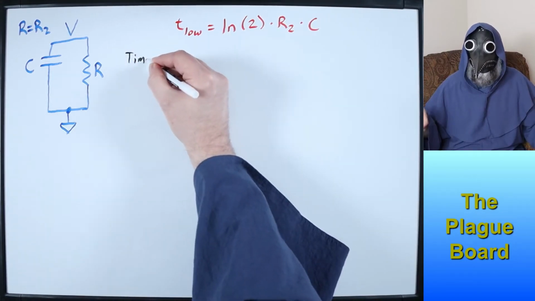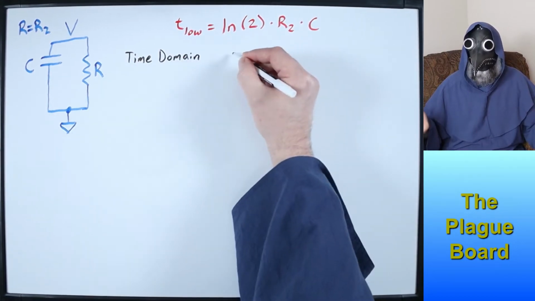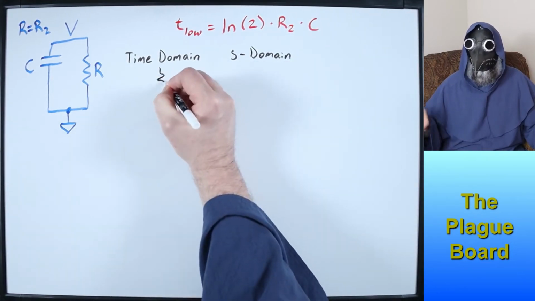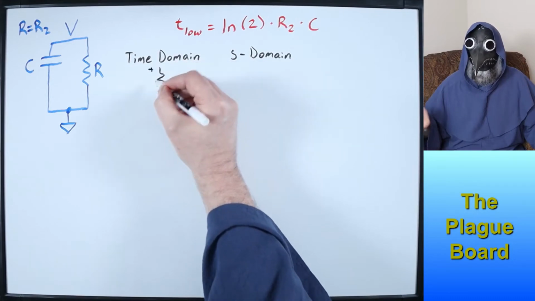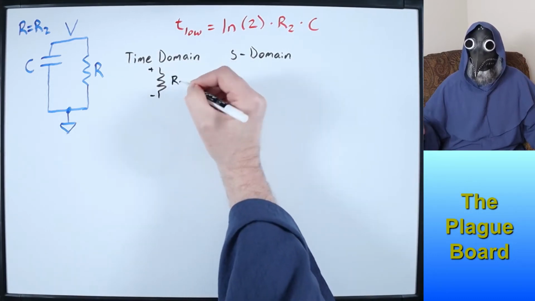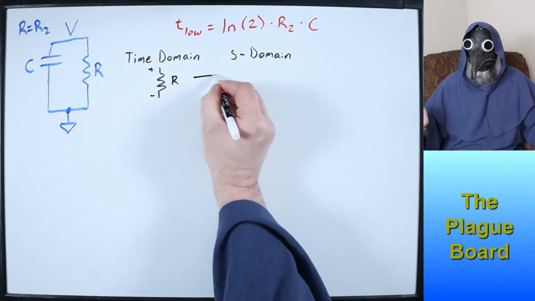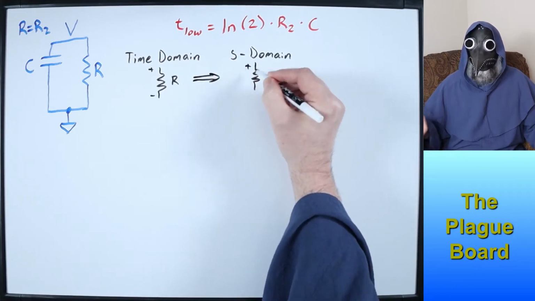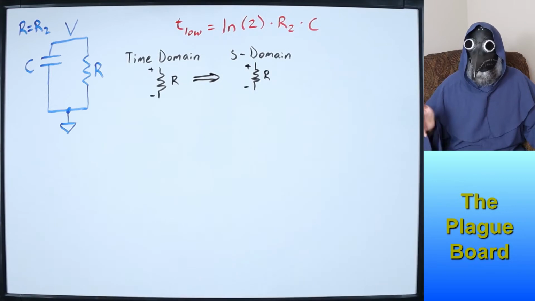Now, let's take a look at different circuit elements and see how they are represented in the S domain. Let's start with a resistor whose impedance is not dependent upon frequency. Because its voltage is directly proportional to its current, it remains unchanged in the S domain. We just leave resistors as is.